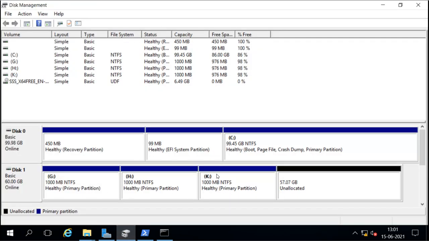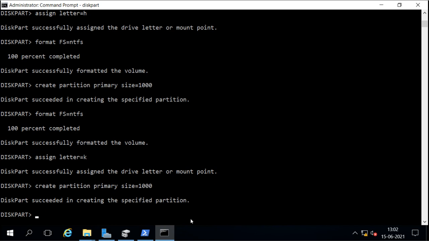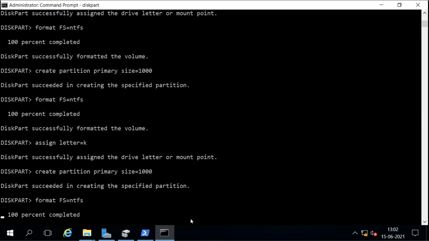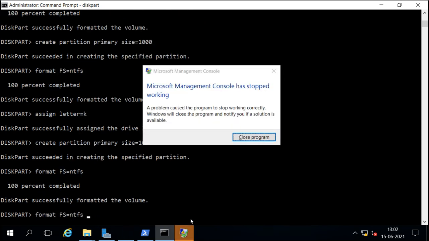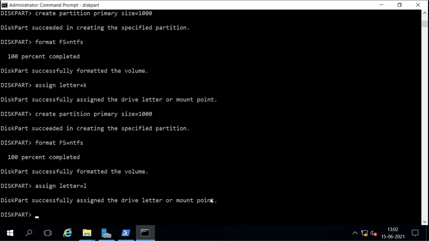Now remember, when we create this from the graphical tool, it will not allow us to create primary, it will directly create extended. Now from here, from the command line, I will create one more partition of primary, and it is created, and I will format with this file system, and then I will assign the drive letter L. Now 4 partitions I have created.